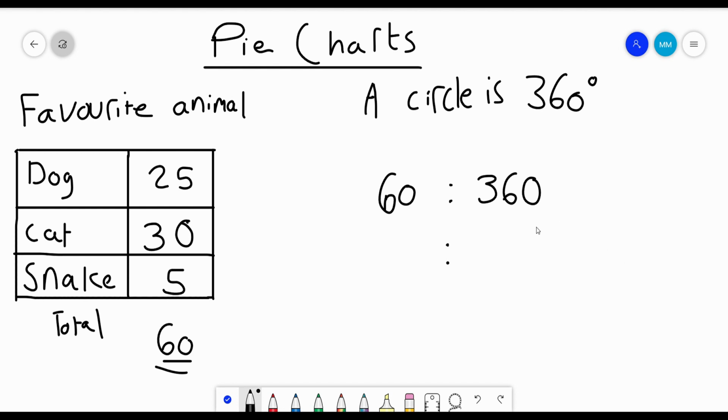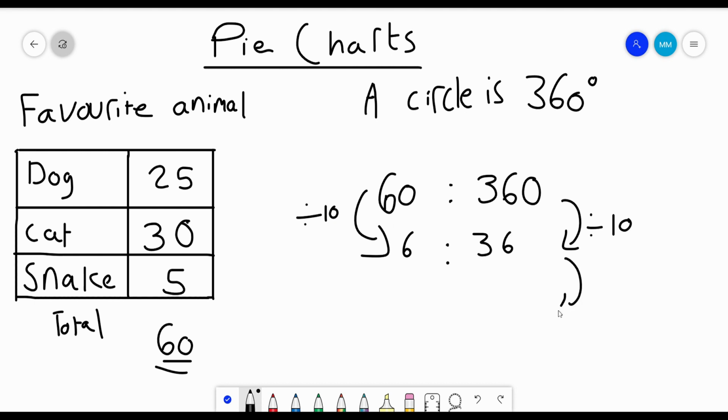So we could divide both sides by 10. That gets you 6 and 36. We can then divide both sides by 6. Could have divided them both by 2, but let's go with 6, which gets you 1 to 6. So this means every one person, put P for people and D for degrees, every one person is 6 degrees